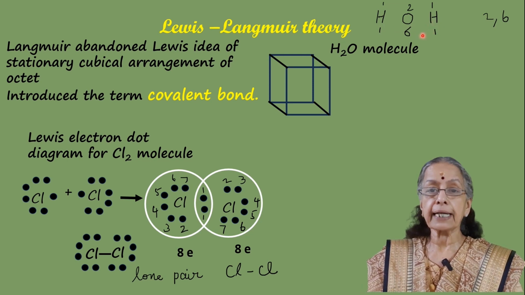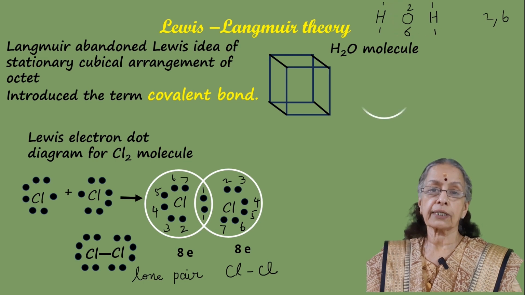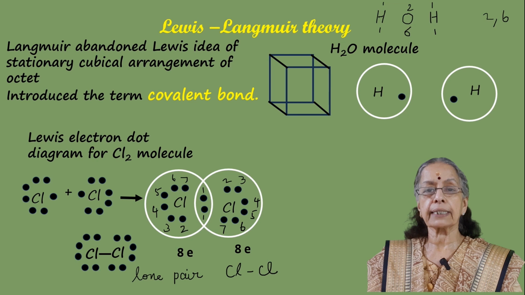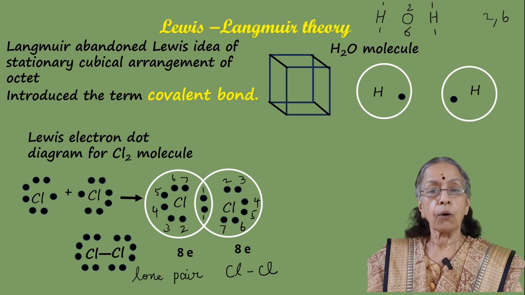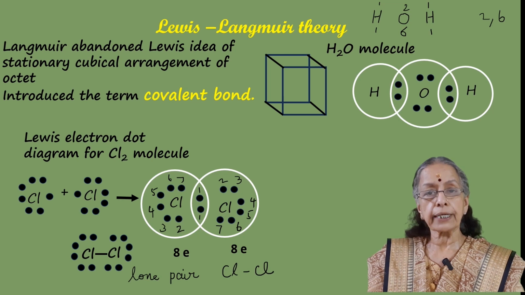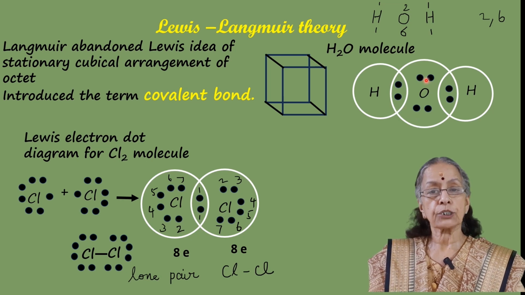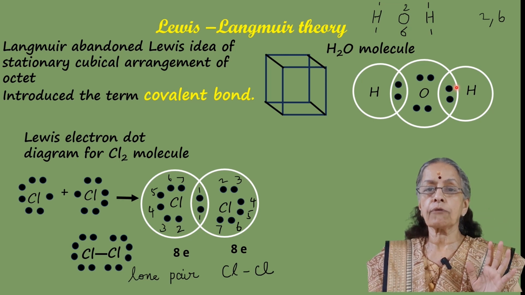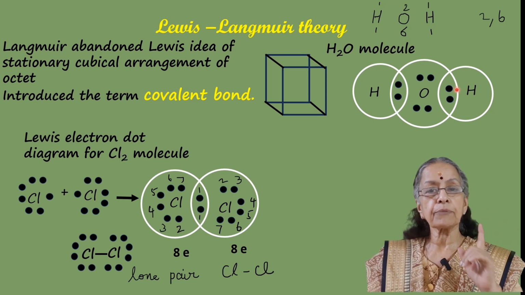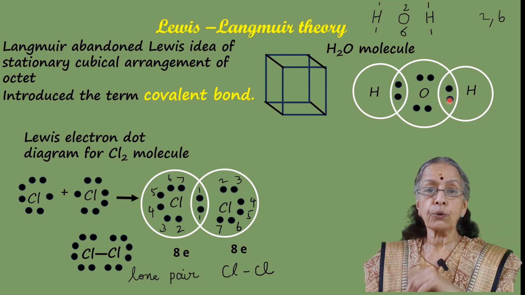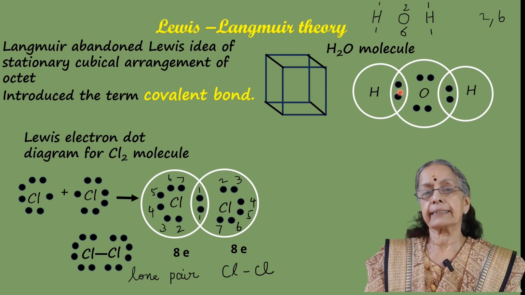Let us see how it can be represented. Electron dot diagram for one hydrogen atom. Now, electron dot diagram for the other hydrogen atom. Now, electron dot diagram for oxygen atom showing the overlapping. 2 plus 2 plus 1 plus 1 makes 6 electrons of oxygen. In the diagram, you can see 2 electrons of oxygen paired separately with the electron of 2 different hydrogen atoms